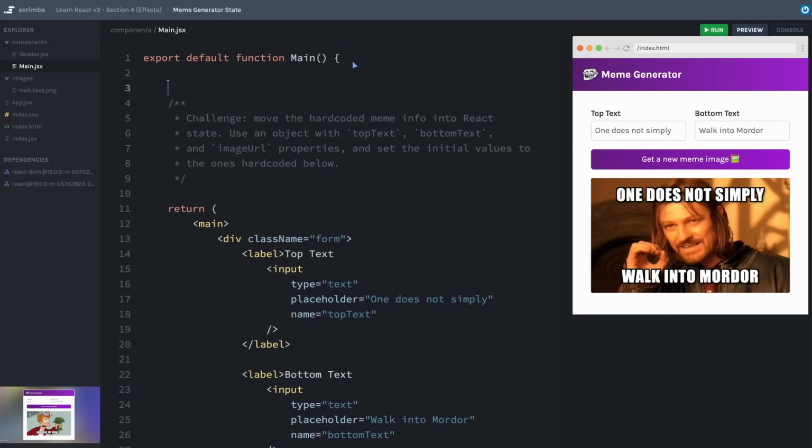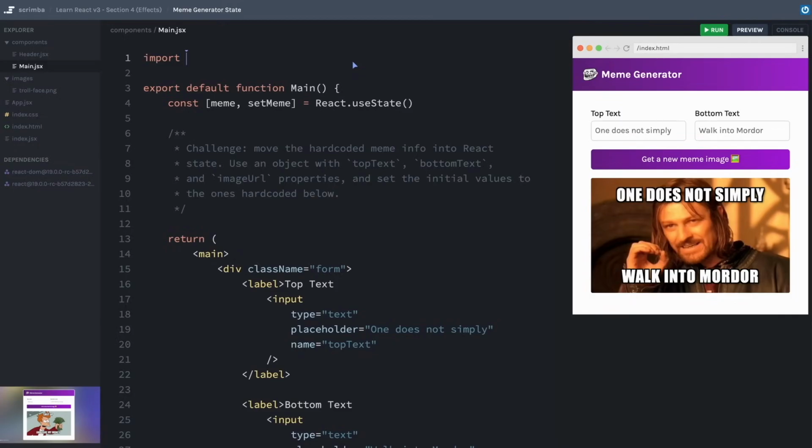All right, let's go ahead and create, let's call it meme and setMeme, and this will be equal to React.useState. And I need to, before I forget anything else, import React from React. And actually, you know what? We've had 3 sections where we're importing the entire React library, and I mentioned specifically that it makes it a little bit easier to know that useState is coming from the React library, but I think you probably get it for now, so I'm just going to switch it up. We're going to destructure useState and pull that in from the React library, and then just call it useState like this. Honestly, this is probably the more common way that you'll see it,